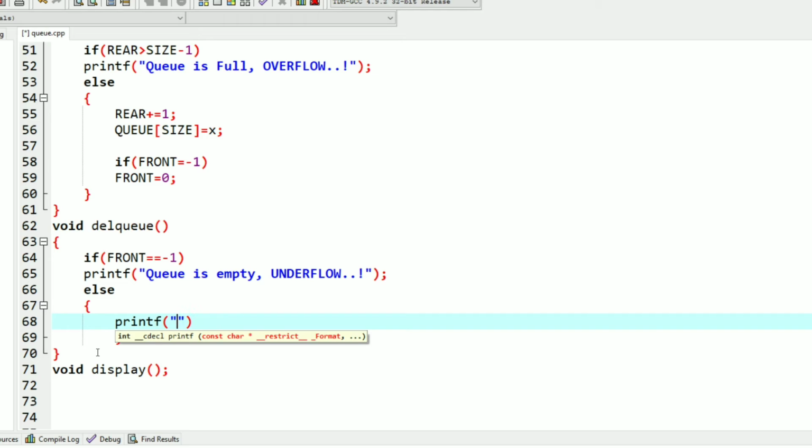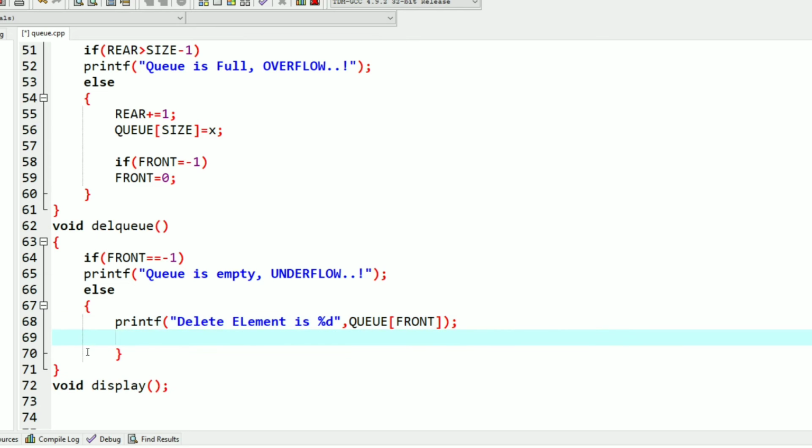So we will make use of the function printf, deleted element is percentage d, q in square brackets front. Always remember that we are deleting the element in the queue which is at the front position.